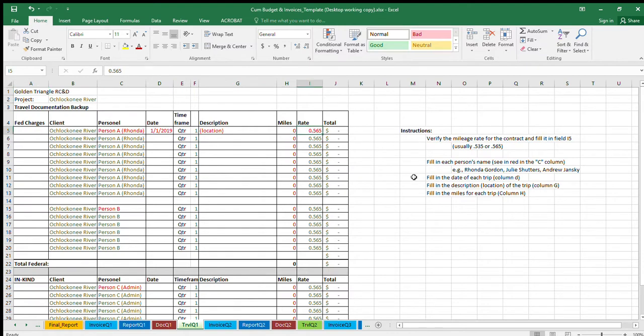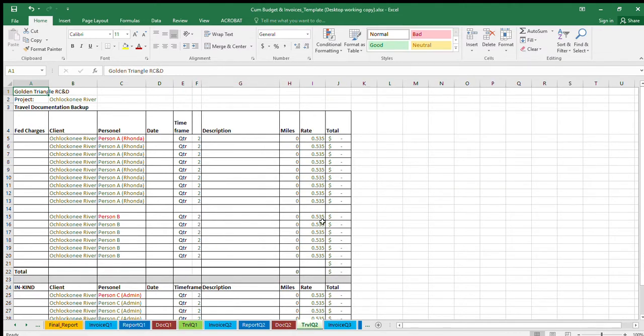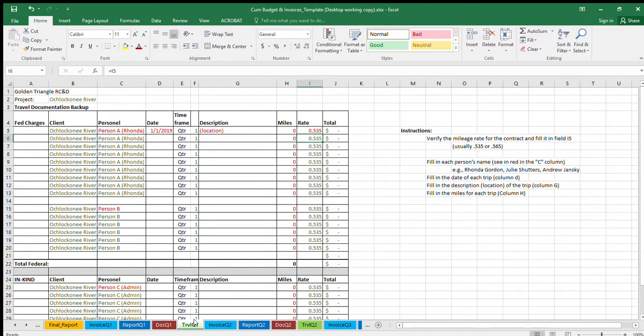And when I enter it in here, let's say we've got a contract that's not at 565, it's at 53.5 cents a mile. So I would type that in. It's going to change it here all the way down throughout this whole document for me, and in subsequent travel documents for subsequent quarters. See, it's all changed here for me for all the quarters going forward, here in quarter 2 and quarter 3, 4, and so on. Once I do that in the first quarter, once I set that mileage amount,